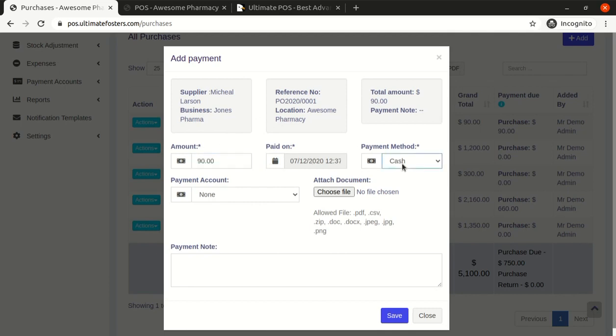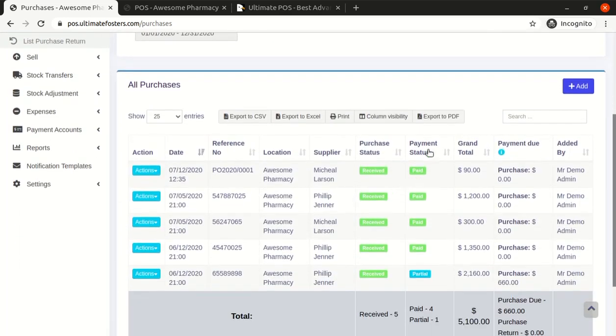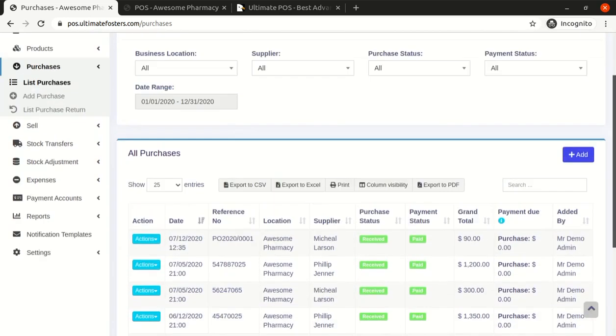Paid on date is this. I am paying via cash. I can add some notes here. Paid to Mike, and I will click on the save here. So you can see the payment status is changed to paid over here.